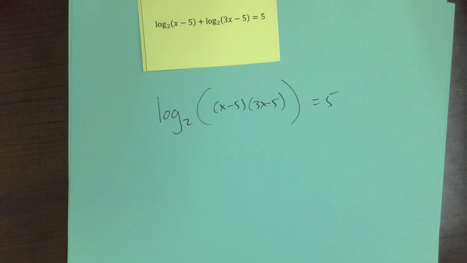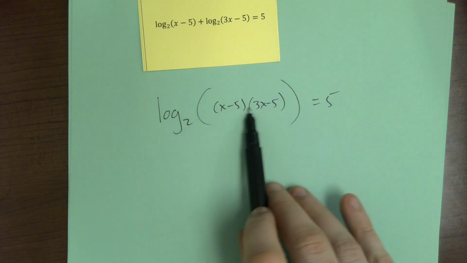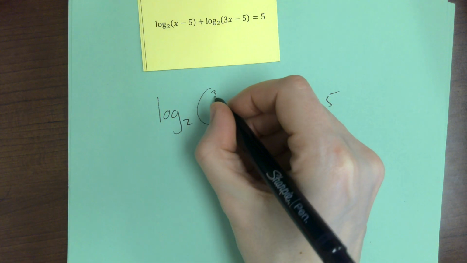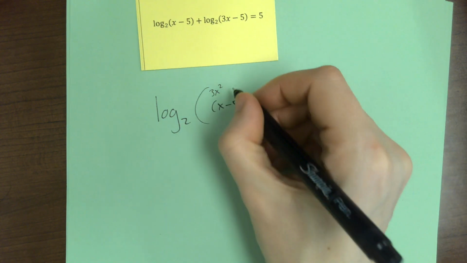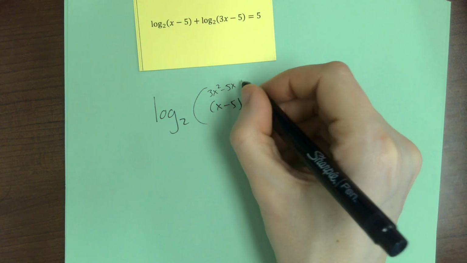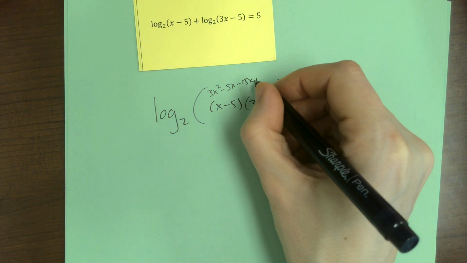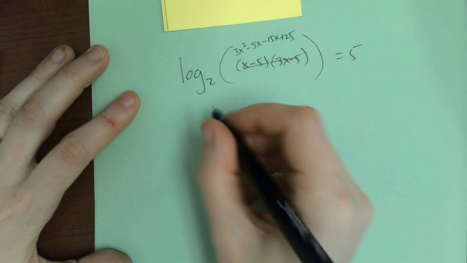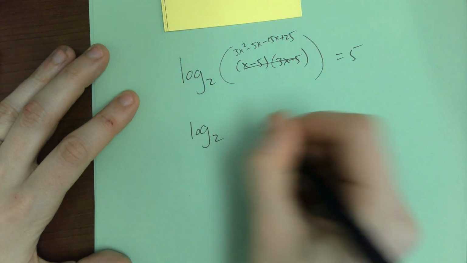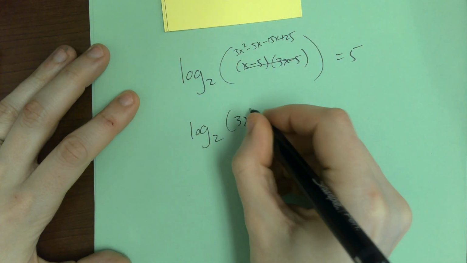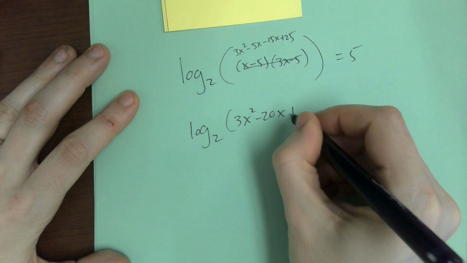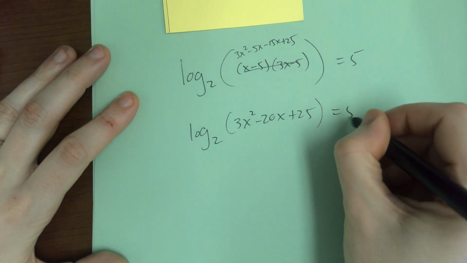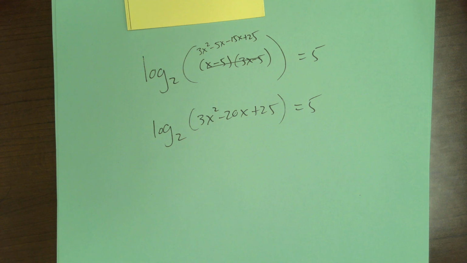Okay. Now, guys, I am eventually going to have to distribute in here, so I'll do it now. 3x squared. Okay. All right, so let me just write this down. So this is log base 2 equals 5. Okay. Guys, there's more than one way to do this, but the way we've been practicing lately is